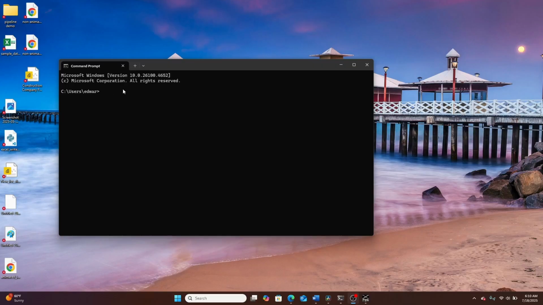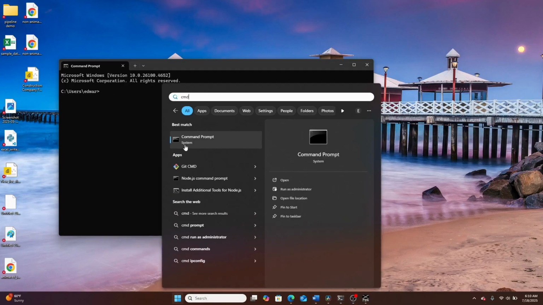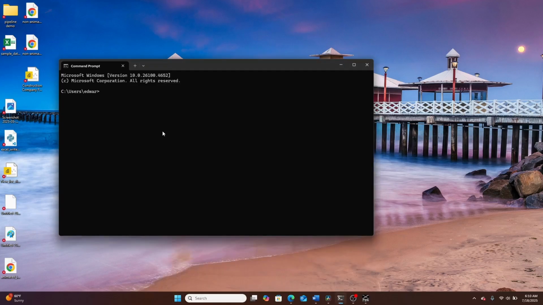is we need to open up our command prompt. Now I can do this by just searching CMD and opening up command prompt. The next thing I want to do is I can install the Databricks CLI itself, and we're going to use winget to do this. So I'm going to go winget search Databricks. And I'm going to let this load. And as you can see, here is what we want to install. So I'm going to go winget install